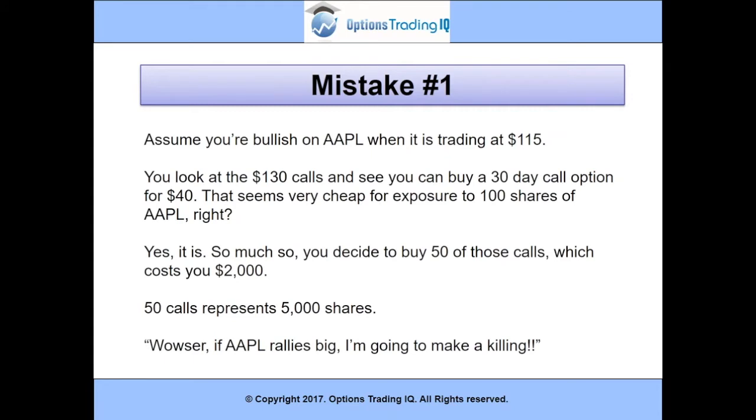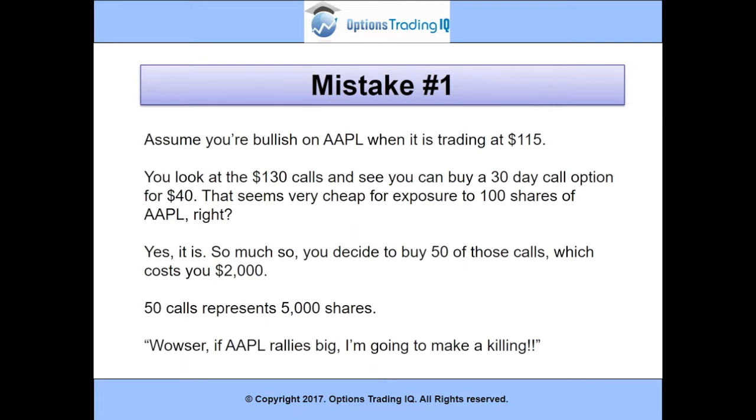So assume you're bullish on Apple when it's trading at $115. You take a look at the 130-day calls and you can see you can buy a 30-day call option for $40. That's it. Seems very cheap for exposure to 100 shares of Apple, right? And yes, it is. So much so, let's assume you go out and you decide to buy 50 of these